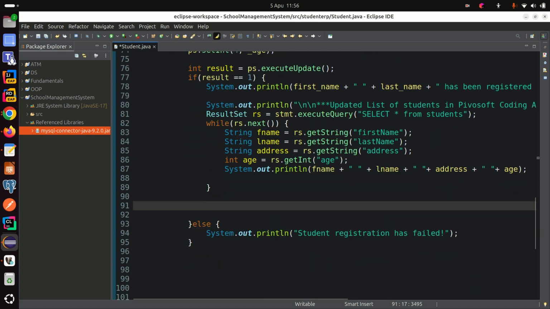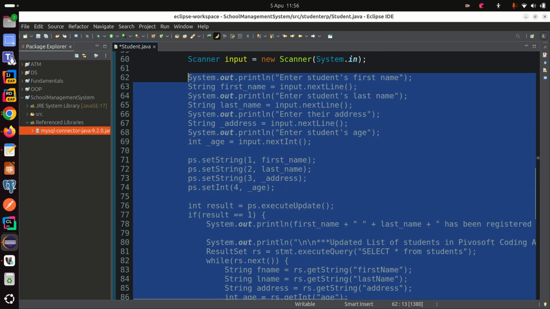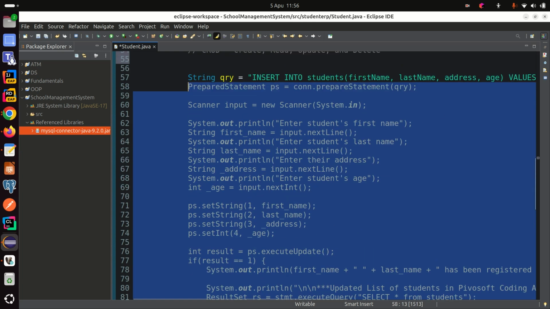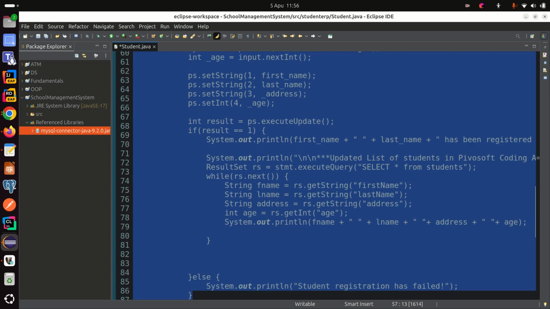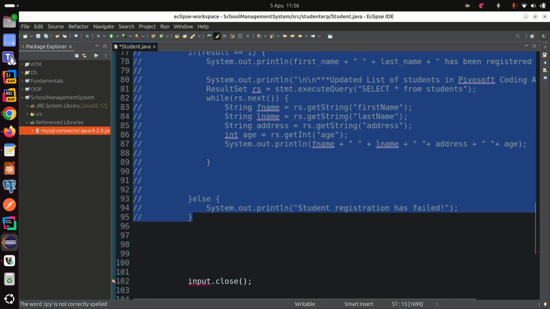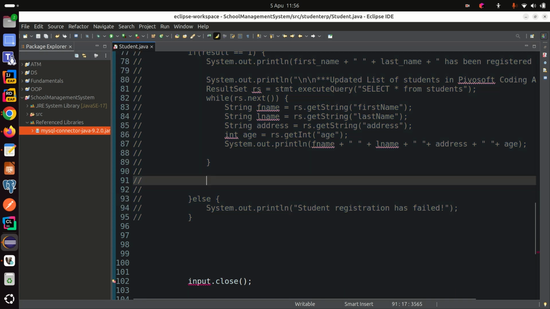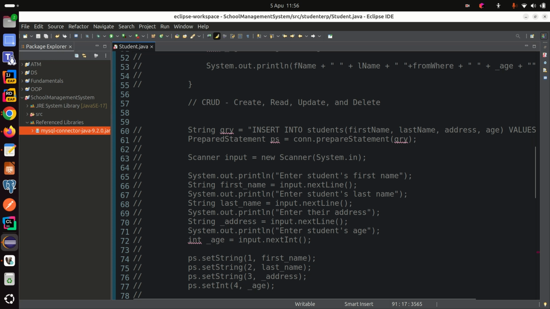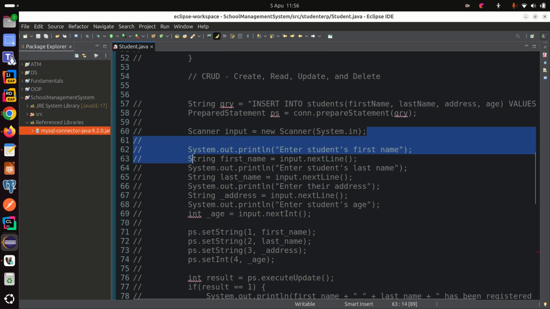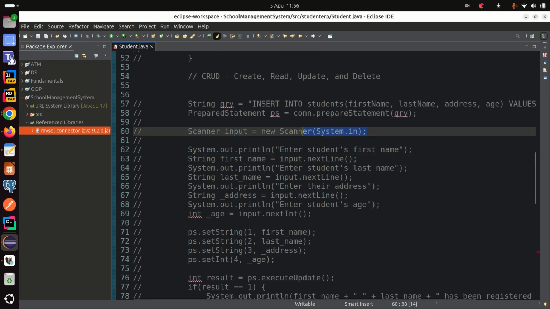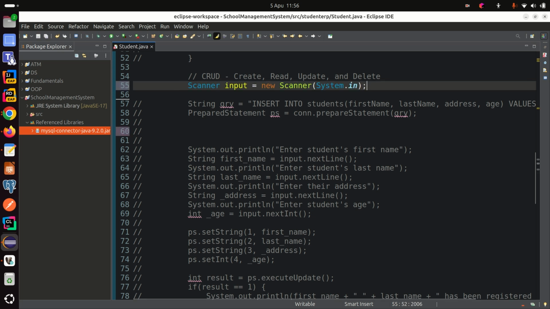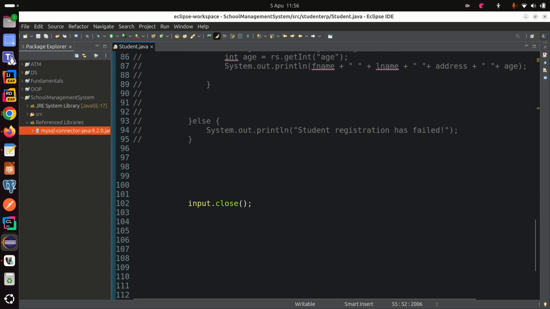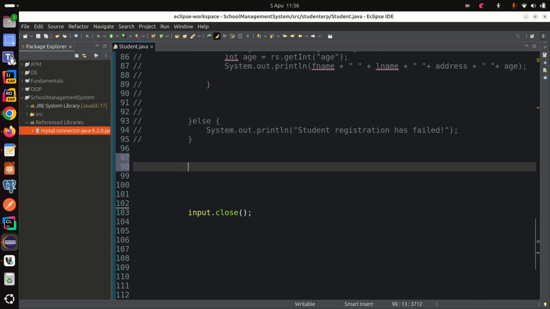So please allow me to comment out this up to this. Okay, so I've commented that out. What I need, I think, is the scanner. I will make sure that this goes above, because I need the scanner object. But that one I don't need anymore. So we are going to see how we update